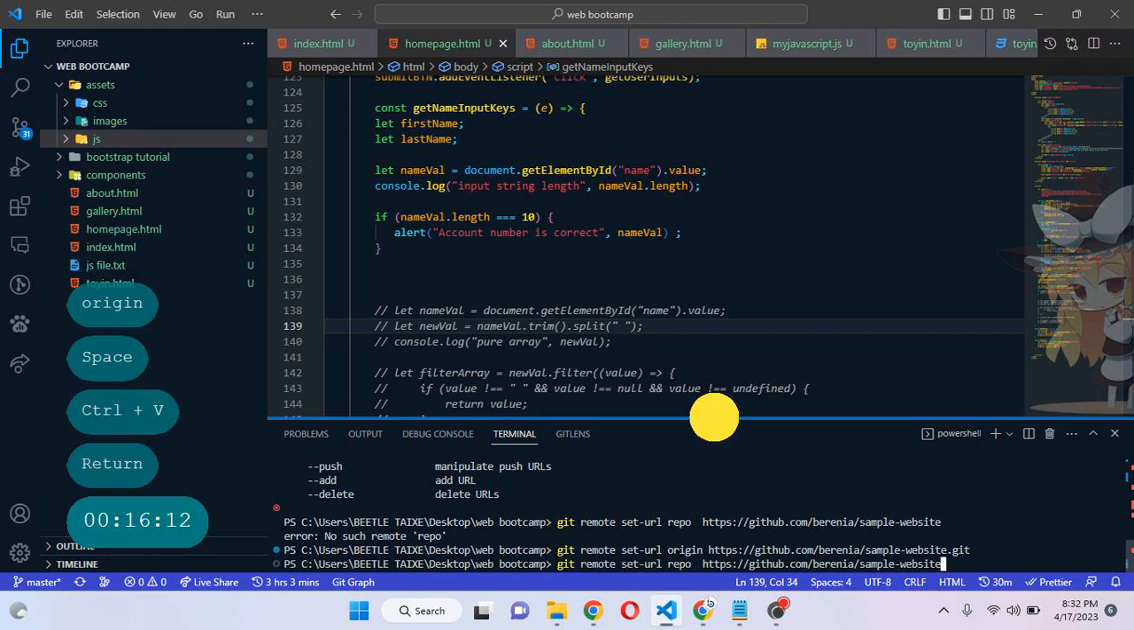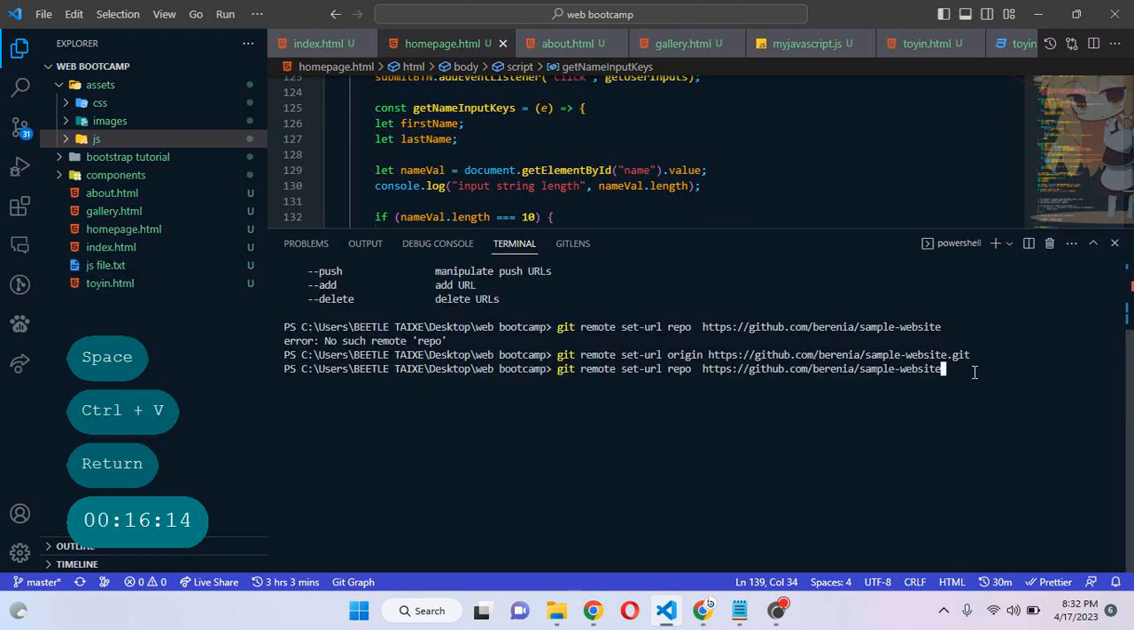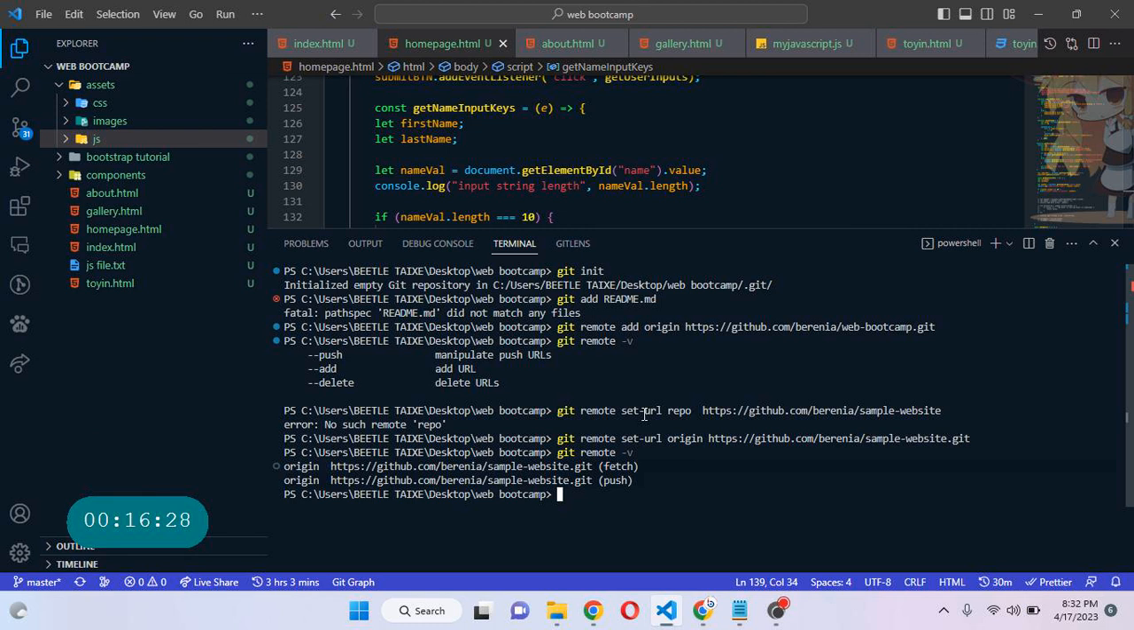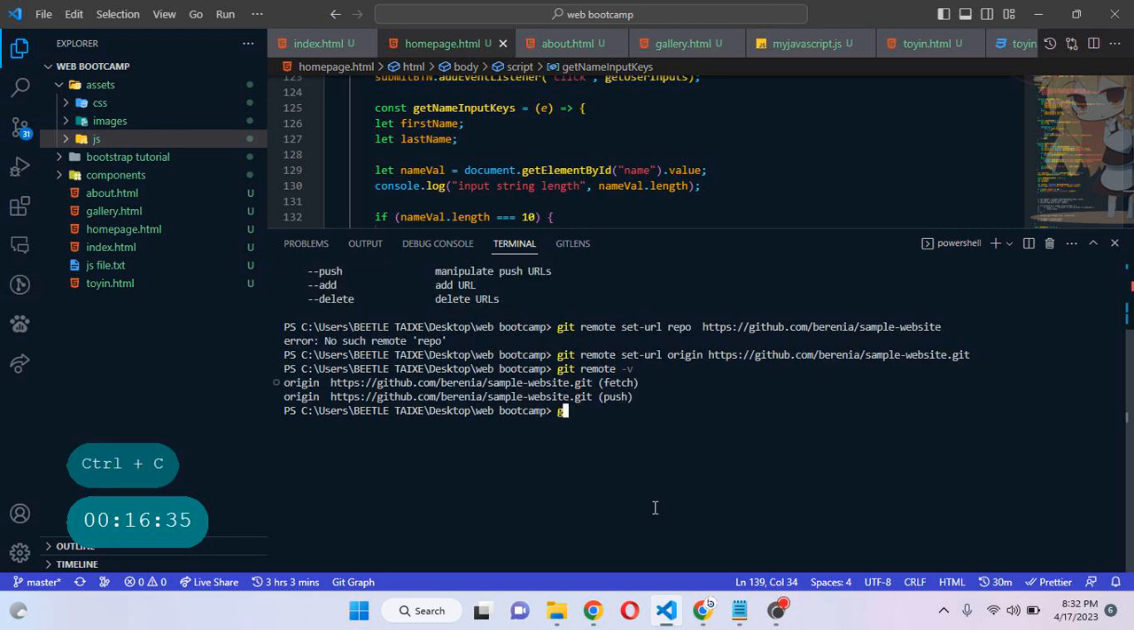Then you can run the command again to check that previous command we used, which is git remote -v. Yes. You can see that it has changed from that first one to this other one, which is a sample website, and you can set that one back. Let's just copy the URL for that one. Let me just copy this, and then I will type again git